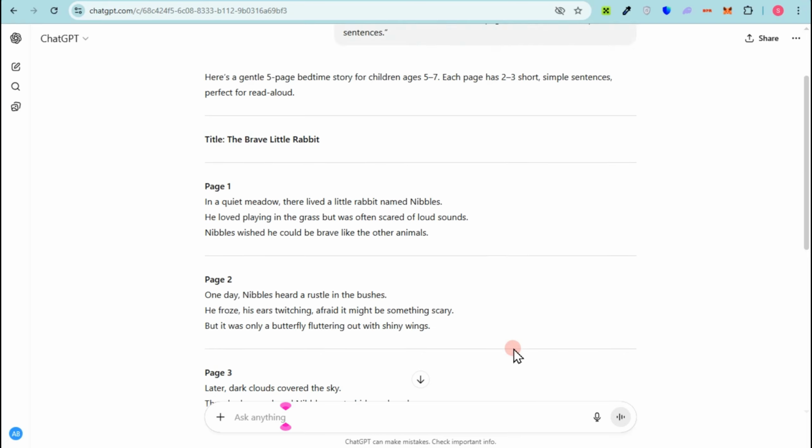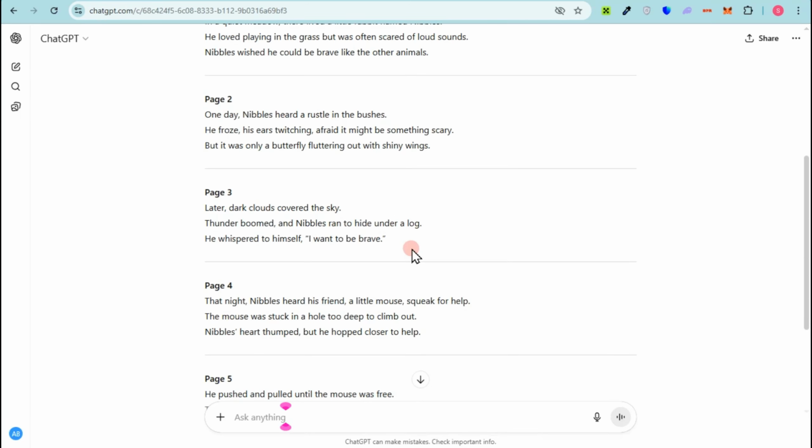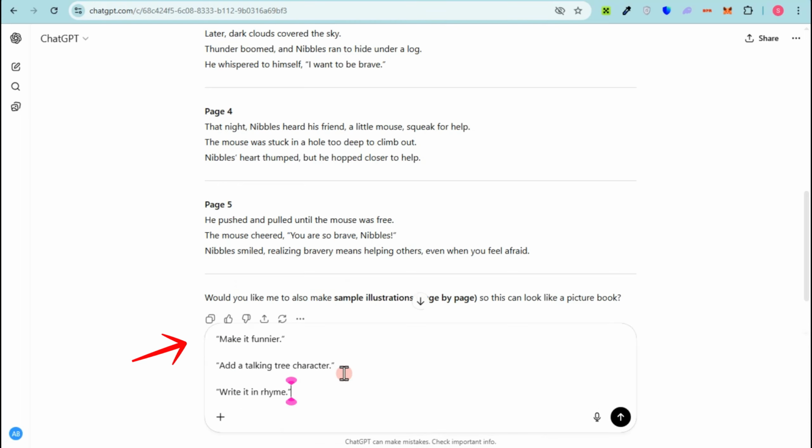Also, you can refine by asking, make it funnier, add a talking tree character, or write it in rhyme, but these are all optional. Now, once you have this storybook, what you're going to do next is